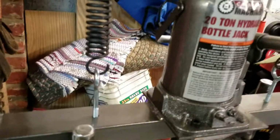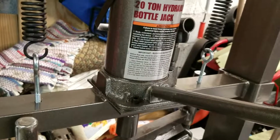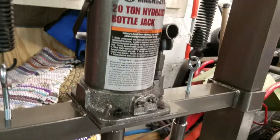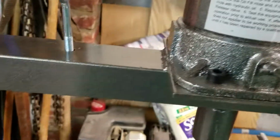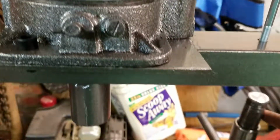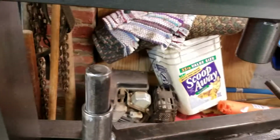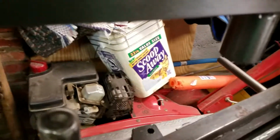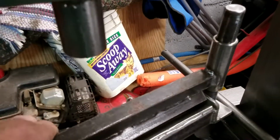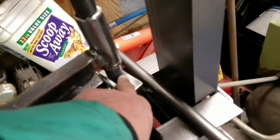Problem here is this is a little tight. I'm gonna do some grinding on these because this is kind of stuck in there. We'll have to pry it up. I gotta maybe put some springs on it too. Okay, well we'll see what we got here. I can't get this out right. Maybe I can